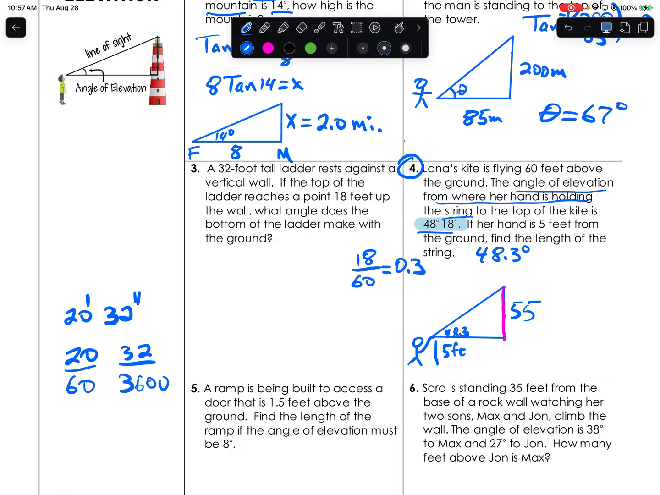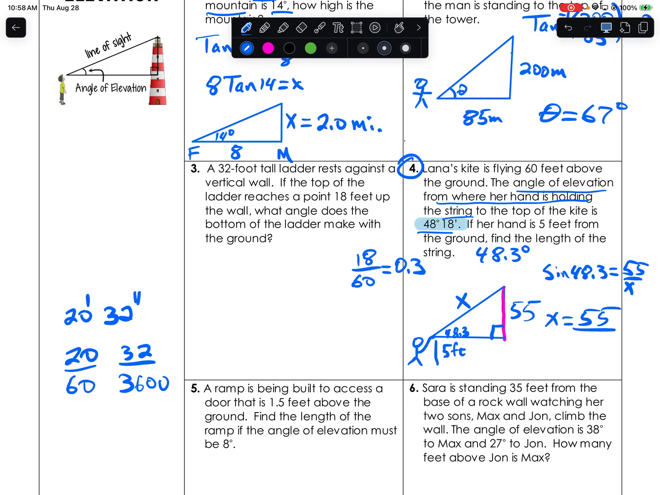Okay? So we got our 90 right here, and we want to know the length of the string, so we're trying to find that. So we're going to use opposite over hypotenuse, sine. So sine of 48.3 equals 55 over x. So when x is on the bottom, you get x sine 48.3 equals 55. And then you have to divide by sine 48.3. So we can say x equals 55